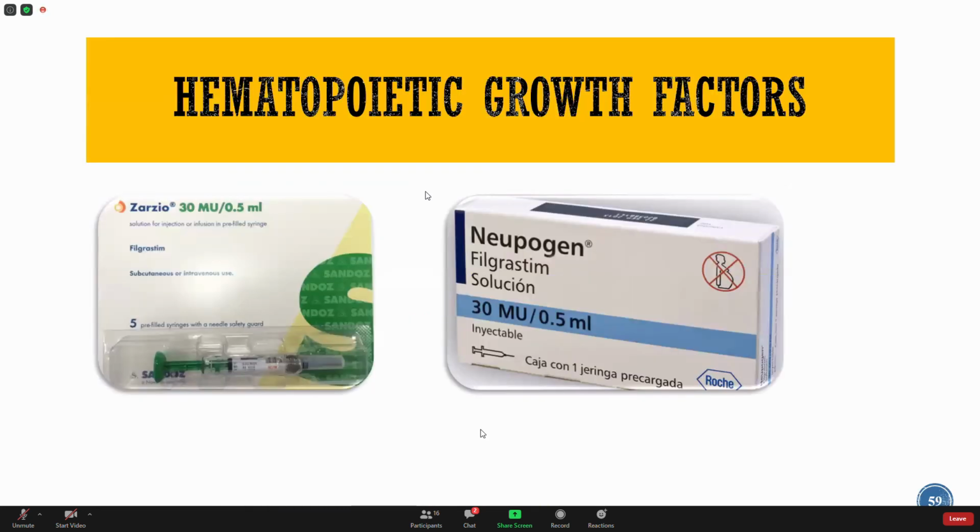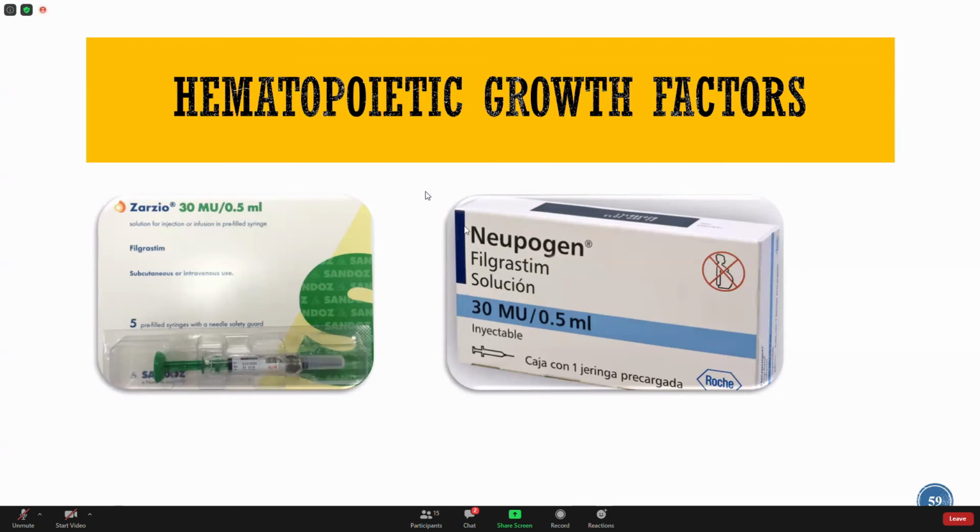They should definitely receive filgrastim, and in some patients you can give filgrastim to maintain dose density and dose intensity. Also, during the COVID-19 pandemic, the NCCN guideline recommends using G-CSF to prevent neutropenia and COVID-19 related complications in cancer patients, even if the incidence of febrile neutropenia is less than 20%, like 10